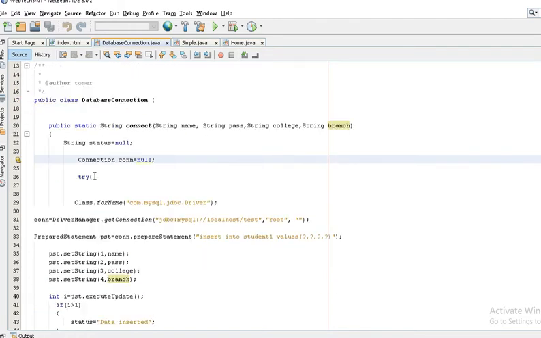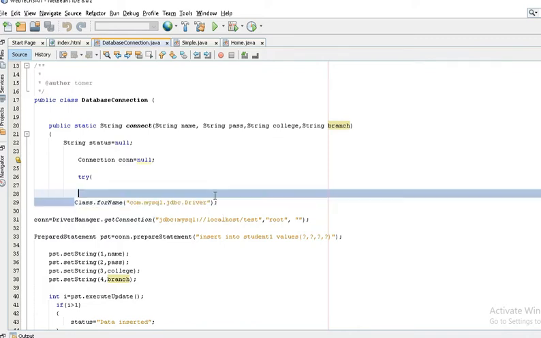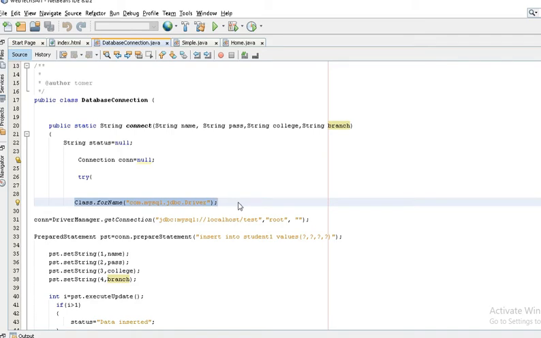This is the database connection code. Actually, I'm using the MySQL database, so I need to give the MySQL string to connect the database with the help of this string. So actually this is the driver we need to work on first. Before starting the database connection, first the driver of the MySQL is loaded, right. I have already taken some driver of the MySQL.